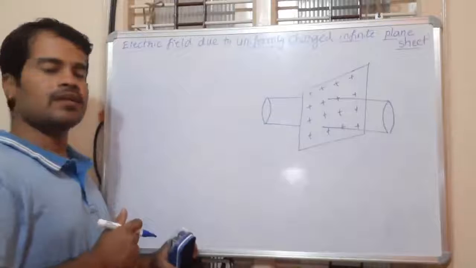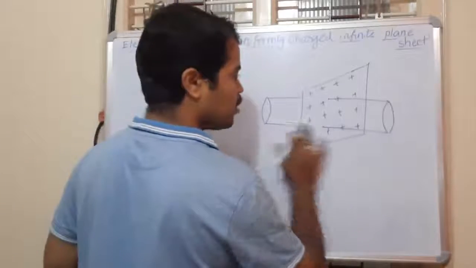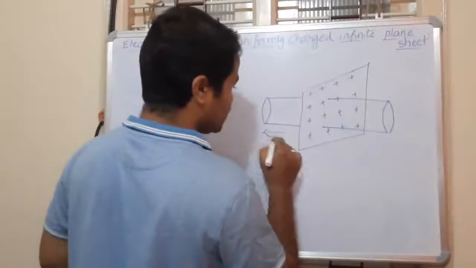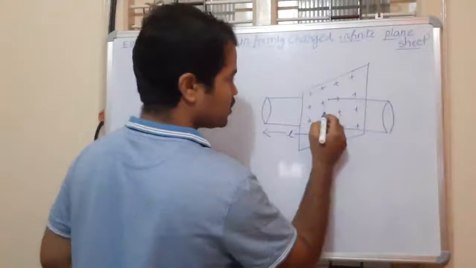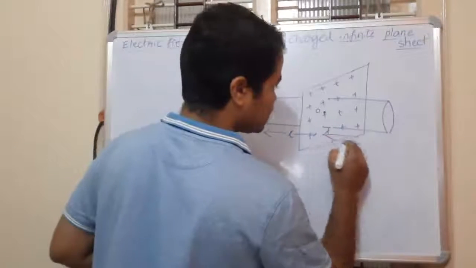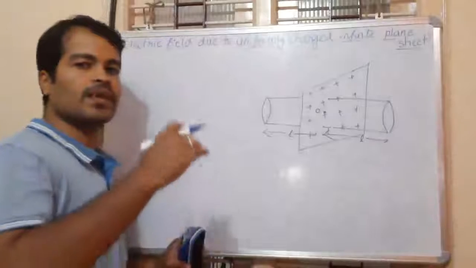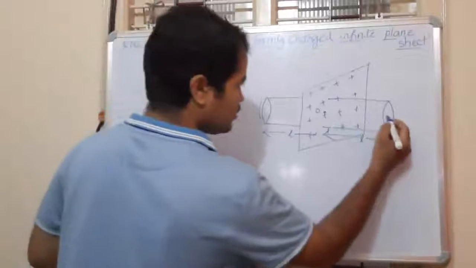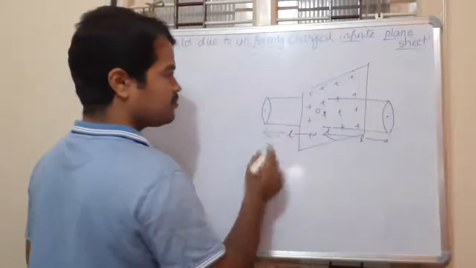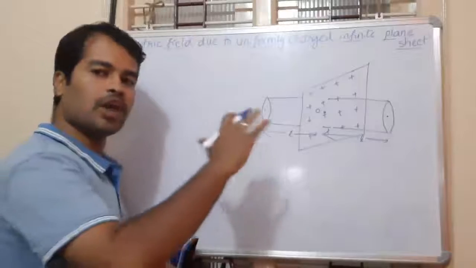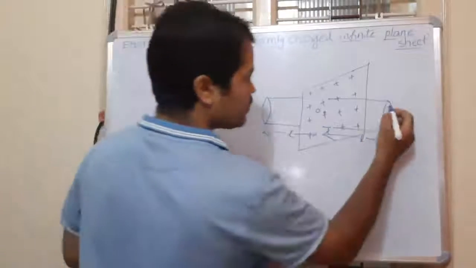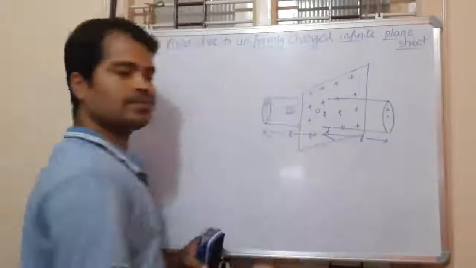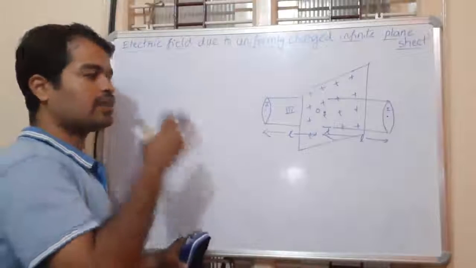The entire length of the Gaussian cylinder that we have to consider is 2L. From here to here the length is L, so if this is the center O, the remaining part is also L. Now again, similarly, we can divide the surface into three areas: the first area here, the second area here, and the completely curved part is the third area. Now I need to find the electric field for the first, second, and third.